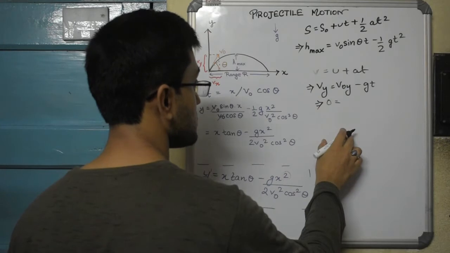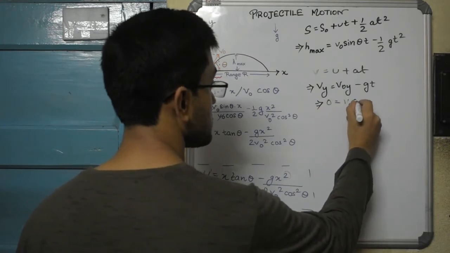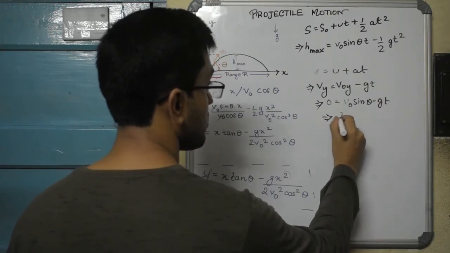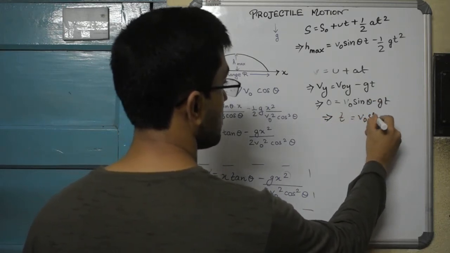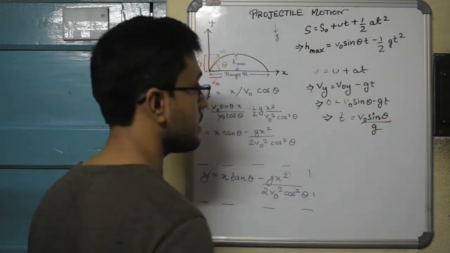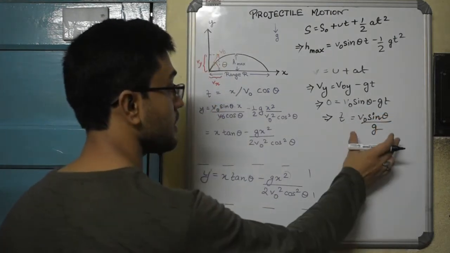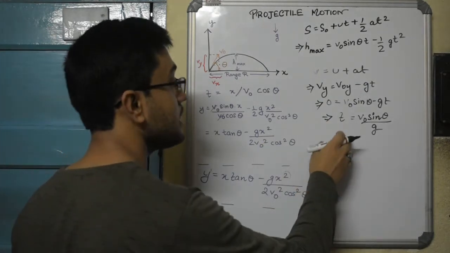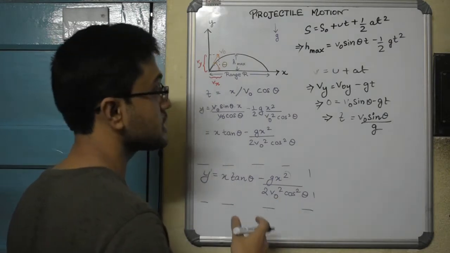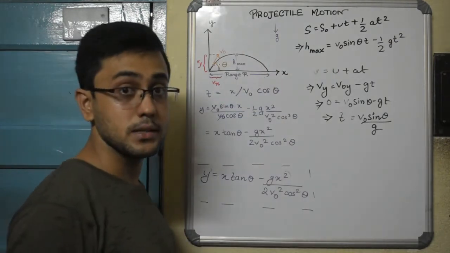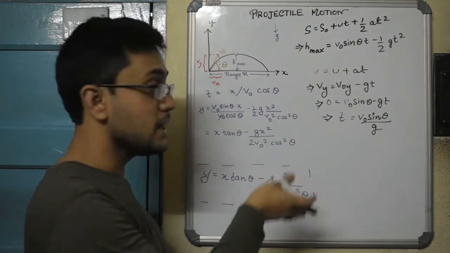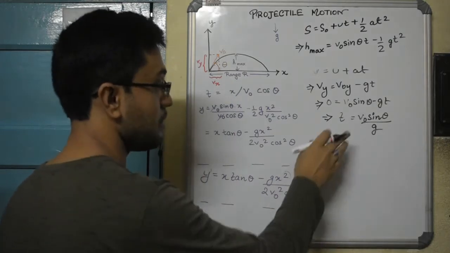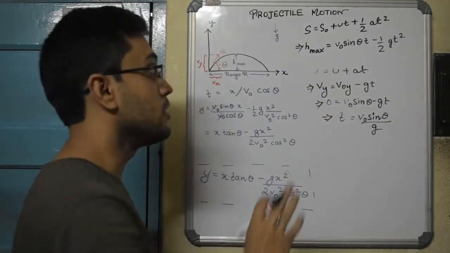So what is the initial velocity? We told it, it's v0 sine theta minus gt. Therefore from this expression you can find out time, which is v0 sine theta divided by g. So now we have an expression for time which is independent of x. This is the time it takes for this particular projectile to reach the maximum height. This is not the time it takes to reach any random height. For that we will have to try for different values of x. This is the time it takes simply to reach the maximum height, and we are trying to find out maximum